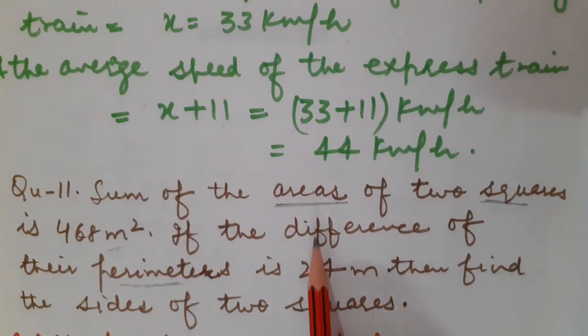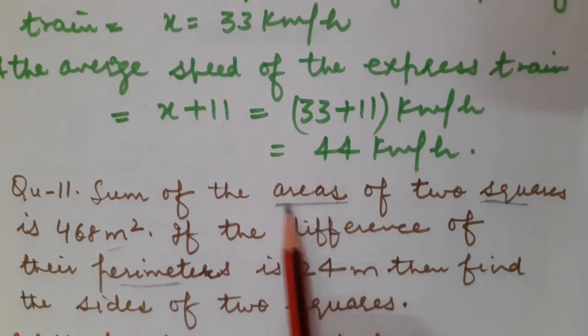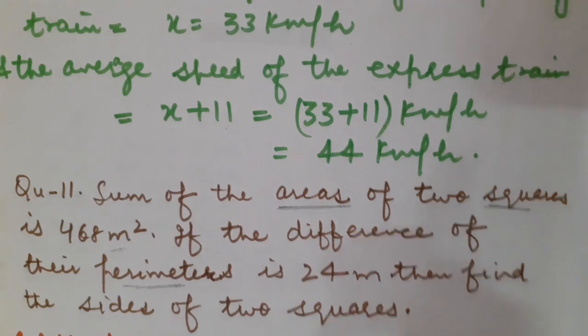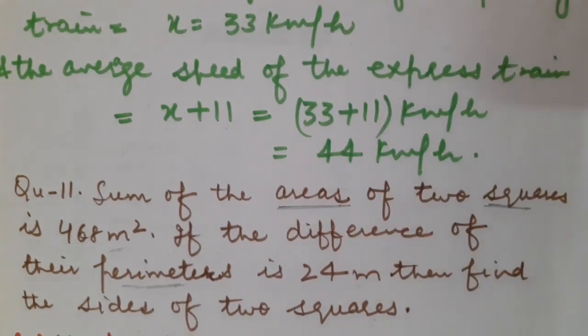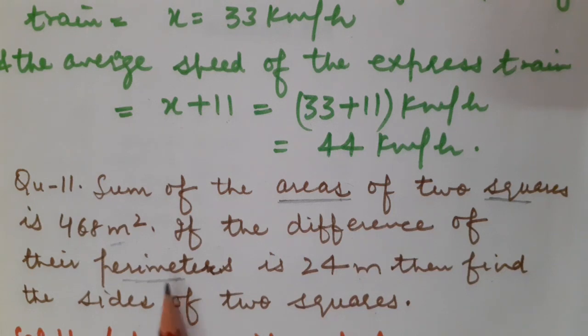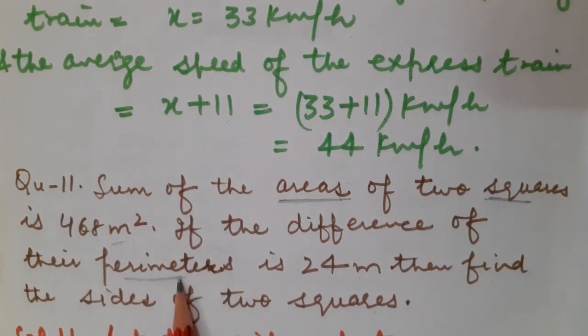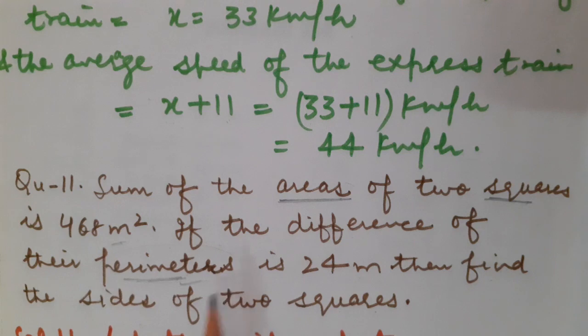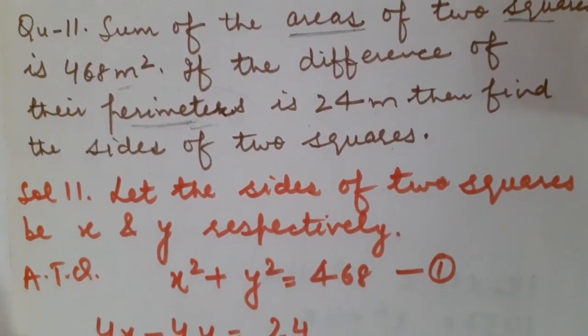So definitely before I start solving the question, you must be knowing their formulae. Correct, children? Suppose the length of the side of a square is x meter. Then definitely the area will be side into side, that is x meter into x meter, means x square square meter. Correct? Don't be confused. This would be x square unit. Correct? Now, if we are dealing with the perimeter, how to calculate perimeter of a square? Suppose the side is x meter given. Then perimeter is 4 into side, that is 4 into x meters. Correct, children?